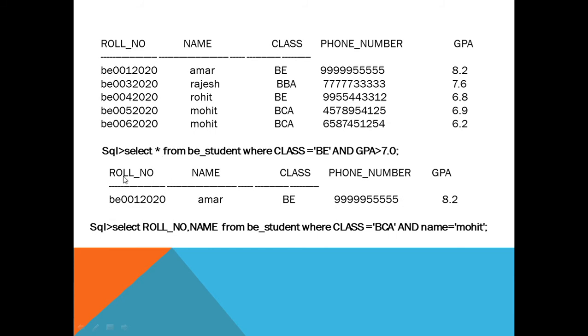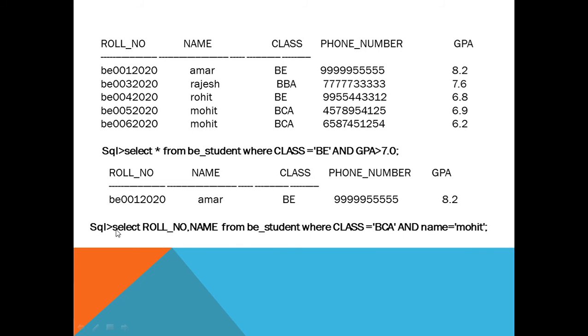Now the roll number is B001 2020, name is Amar, the class is B and GPA is 8.2. You can see Rohit also has class B but the GPA is 6.8. But I am using both conditions, the class should be B and the GPA should be greater than 7.0. So it will display this.